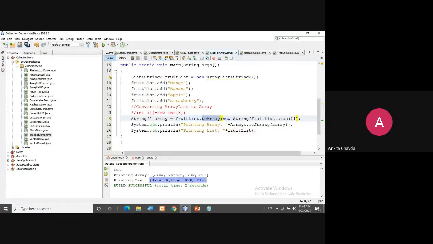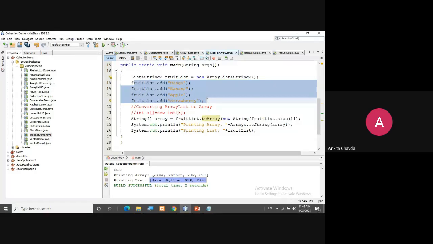If you remember, inside the ArrayList class we have seen this method. So I'm converting my list to an array. Fruit list is my list name, dot toArray, and here I really don't know the size of this list. How many elements are there? 4 elements, 5,000 elements, 6,000 elements?